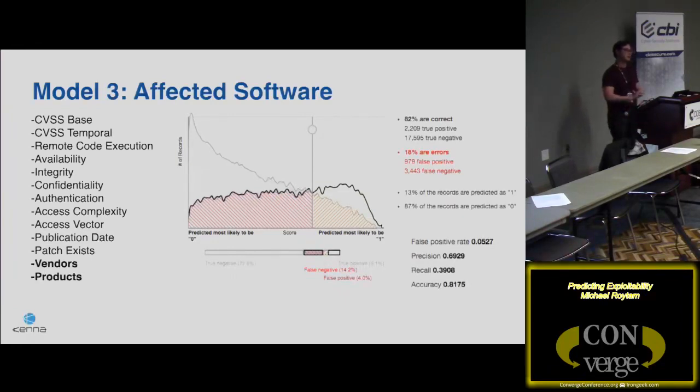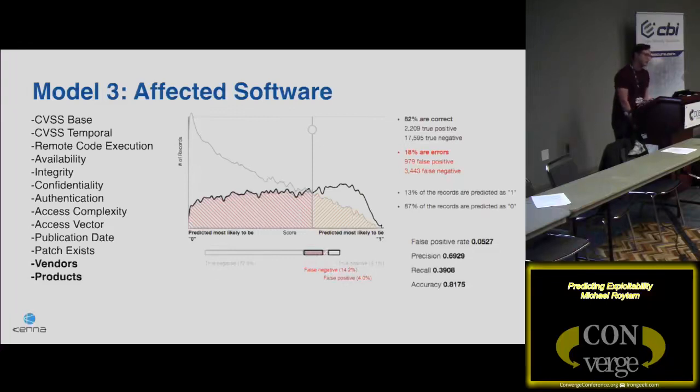And lastly, if there are multiple vendors that the vulnerability affects, you know it's a library vulnerability, or at least one that gets reused. And so the incentive for writing an exploit for that is much greater, and it's also more likely to be a remote code execution of some kind. When we add that, the model's accuracy spikes up, but also we go from 1,700 to 2,200 vulnerabilities classified correctly